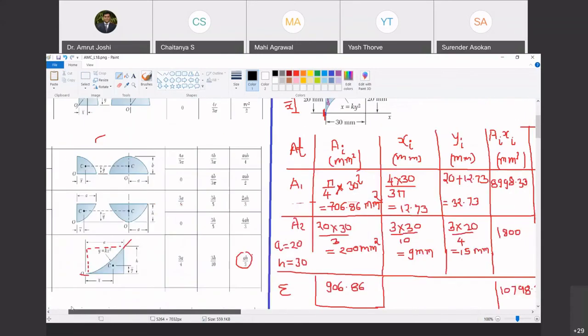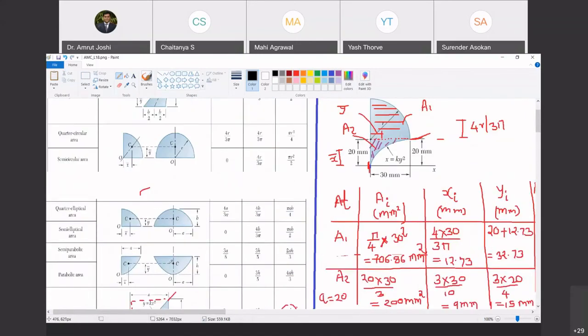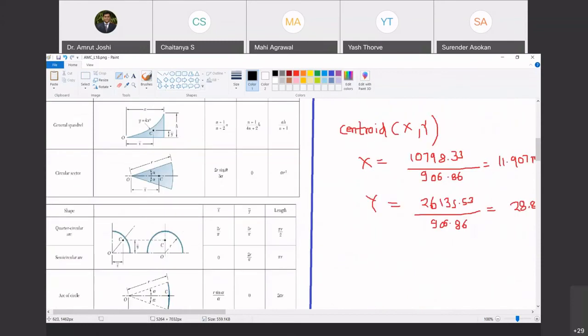So what is the value of A1? What is the area of sector? The formula is already given to you. Area of sector is given as alpha into R square, where alpha you have to understand is expressed in radians. What is the unit of R? Unit of R is in mm, so that is going to be mm square. So alpha must be unitless, meaning it must be substituted in radian. And alpha is this half angle.